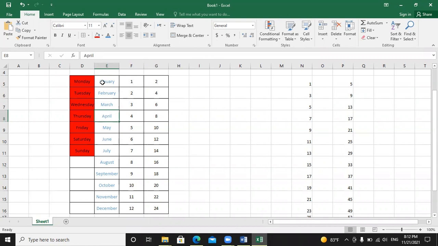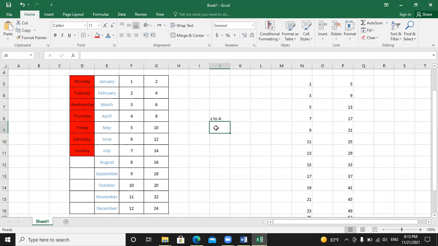I have two options. One option is Z to A. Z to A means I have to arrange the table from the largest alphabet to the smallest alphabet in order.